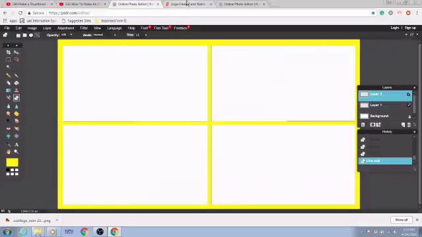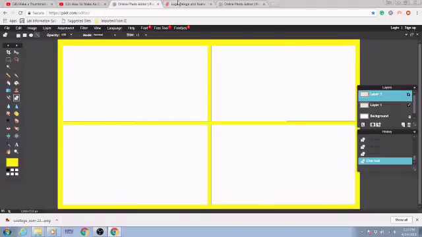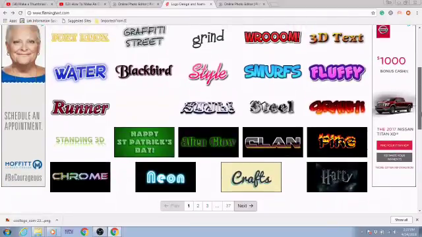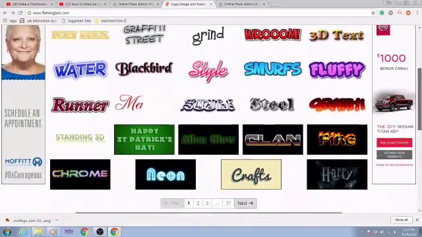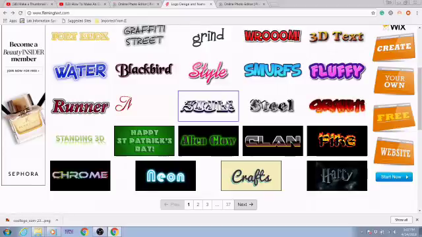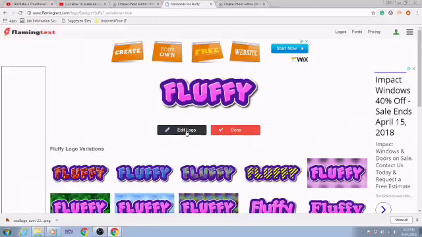Now you want to get your text, or whatever you want to do. And personally, I like using this site. It's called flamingtext.com. It's got a few ads, but anyway, you go and type it in, and they have a lot of text, and they're not downloaded text, because I actually tried downloading some. I'm just gonna show you what to do really quick. Just get your font. Let's say I go with this font, and just press edit,